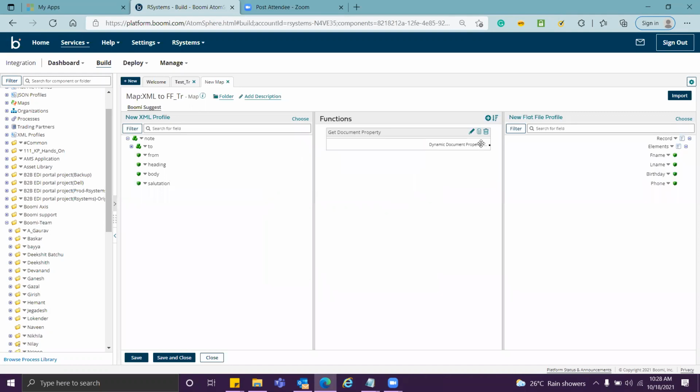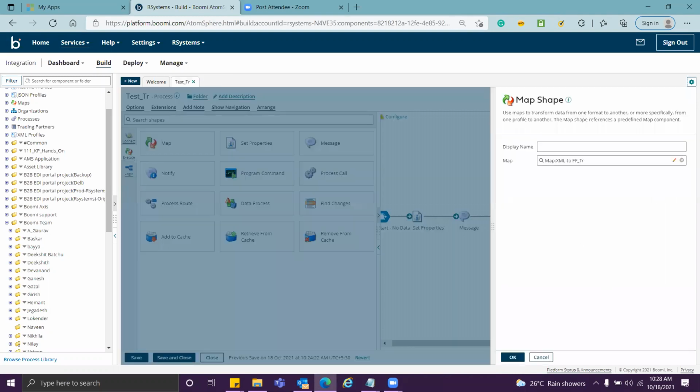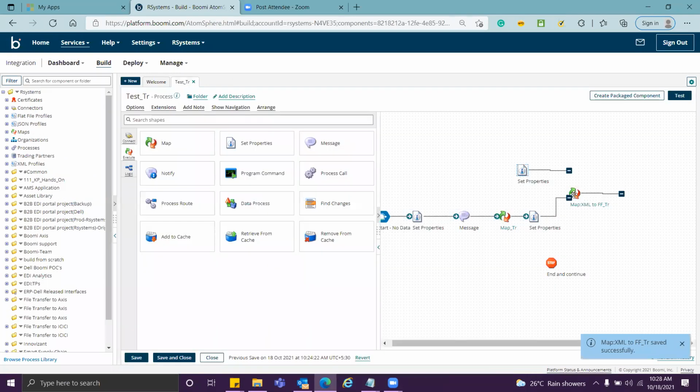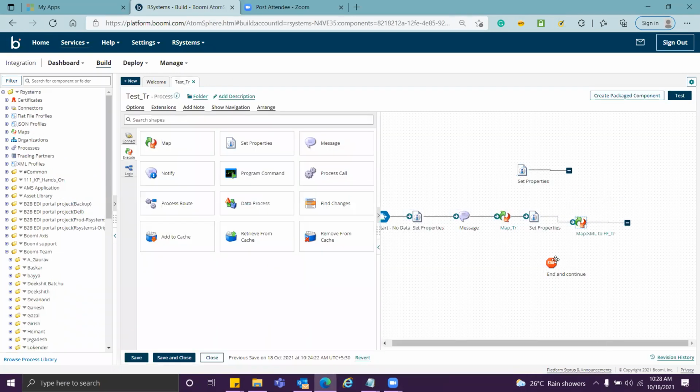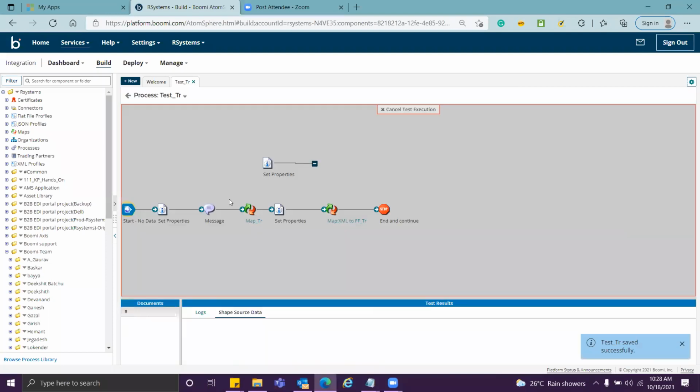And now here I map it with say F name. All right. I save and close this. I click on OK. I connect this map. So what it will do is I click on test. It will give me from that dynamic document property, it will give me the name.